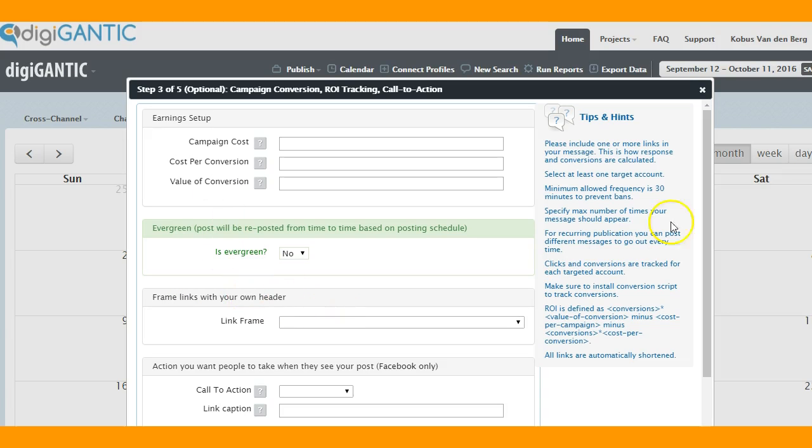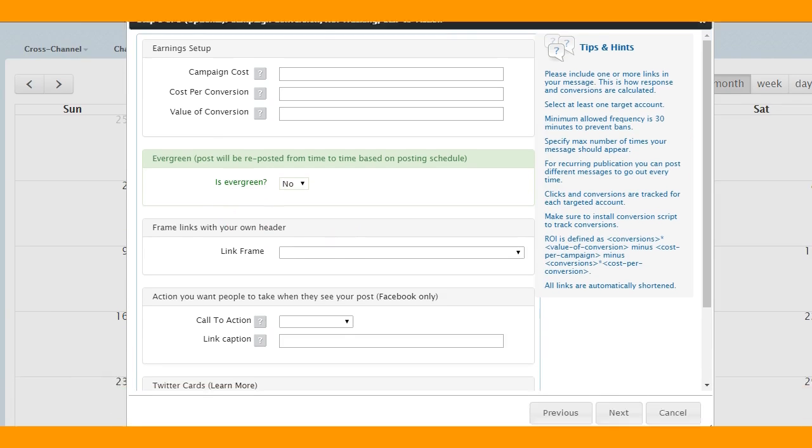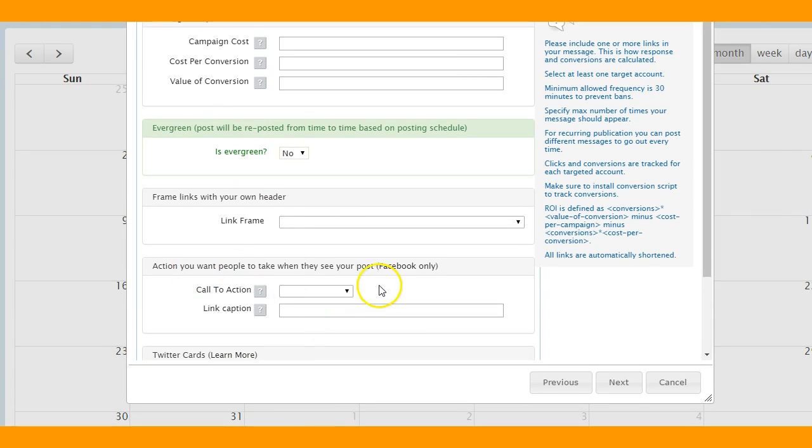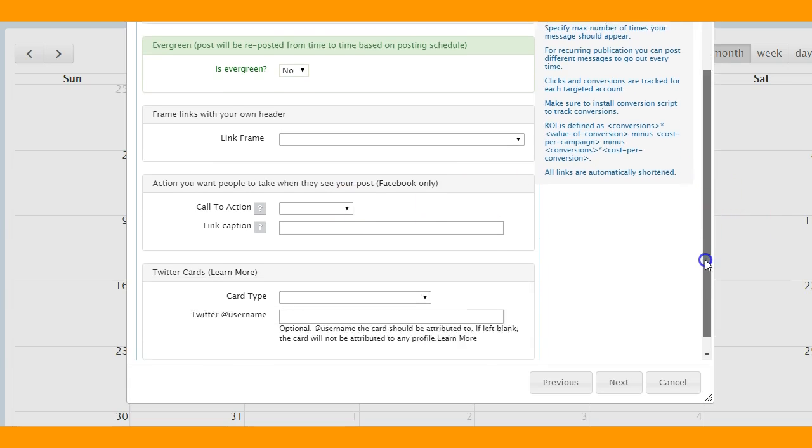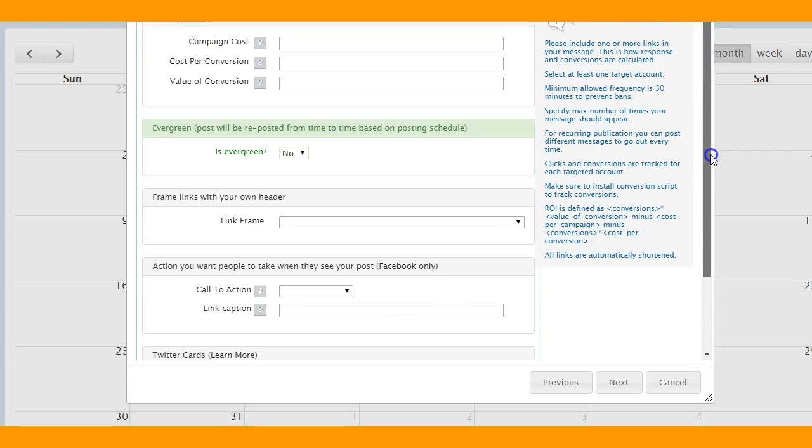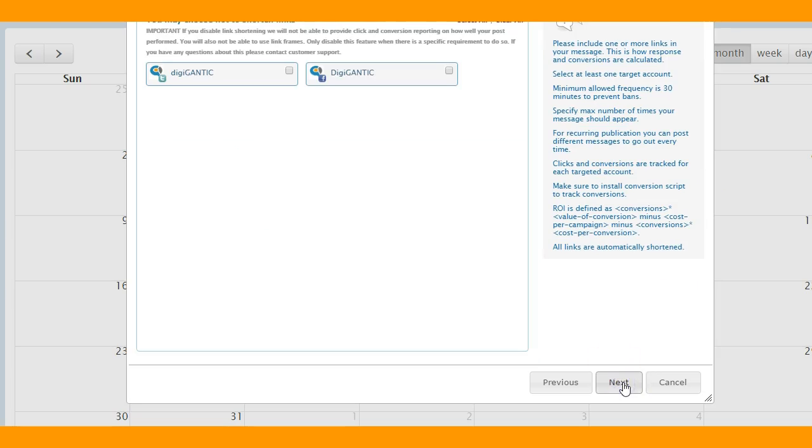Great. So very nice feature. You can also utilize a couple of other elements here besides the link frames in terms of call to actions. If you want to utilize that via Facebook, there's elements like Twitter cards if you wish to utilize that. And if I continue with